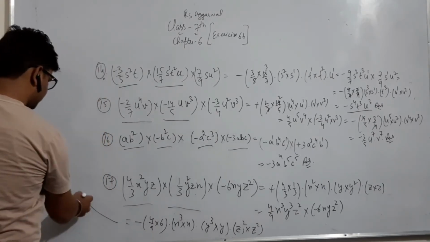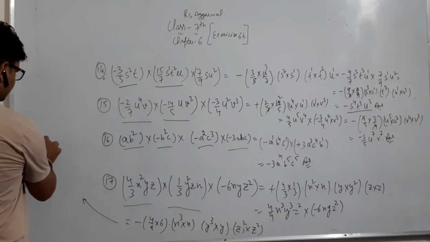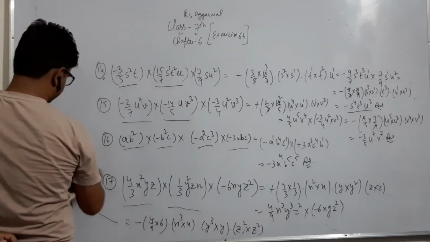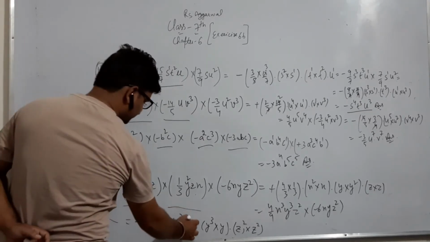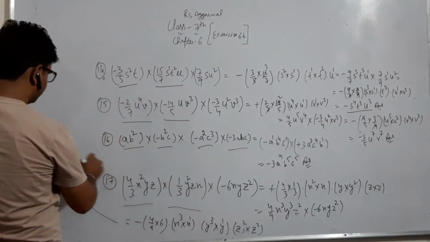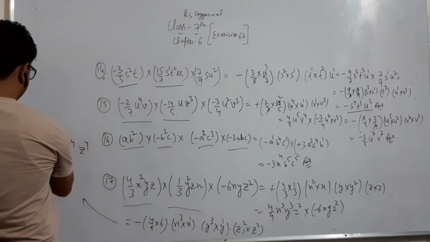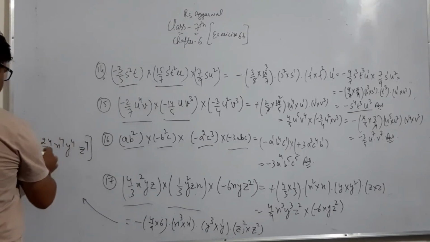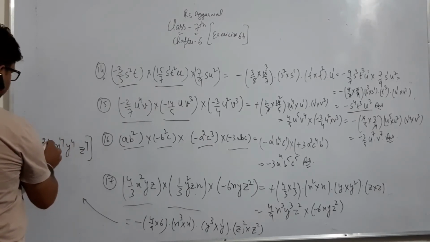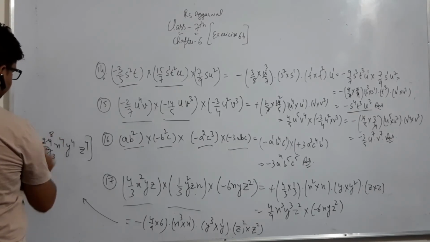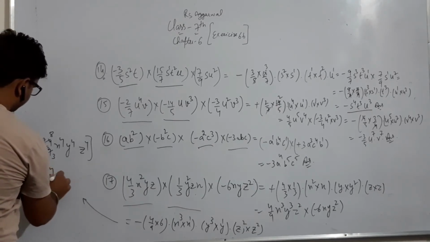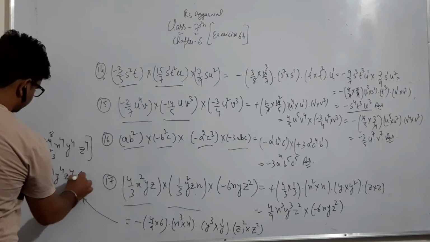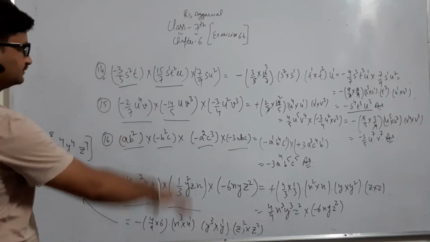So we write the answer of this one question is -24/9, and x raised to power 4, y raised to power 4, क्योंकि यहाँ पे 1 हो जाएगी इसकी भी 1, z raised to power भी आपका आ जाएगा 4. तो ये आंसर है. इसको अगर आप कैंसिल करना चाहें तो 3 3 are 9, 8 3 are 24. ठीक है, तो ये आ जाएगा -8/3, x raised to power 4, y raised to power 4 and z raised to power 4. This is also the answer of the 17th question. So note on this.